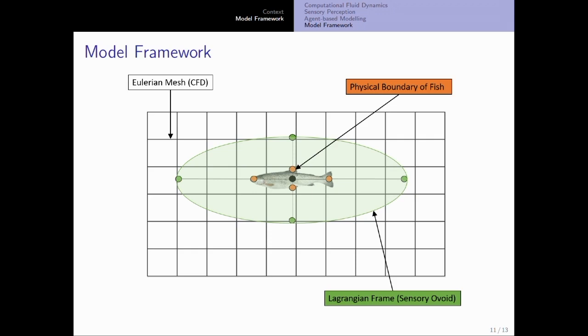So once we've got to this stage, we can start talking about the time stepping. At each fish time step, each fish will sample its local area, and it will make one single movement decision based on what it's perceived around itself. I don't really have time to talk about the actual rule set, but examples are things like rheotaxis. Rheotaxis is an observed behavior in fish where they tend to orientate their nose upstream, and this is because